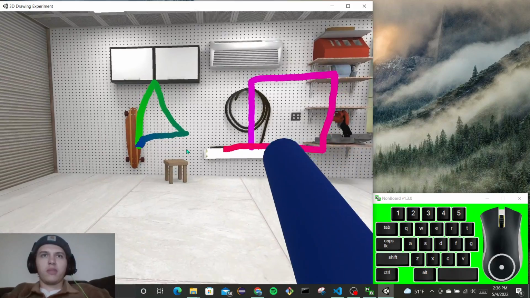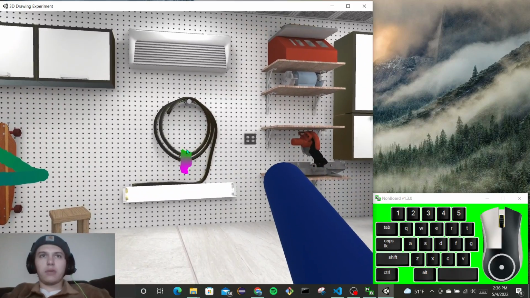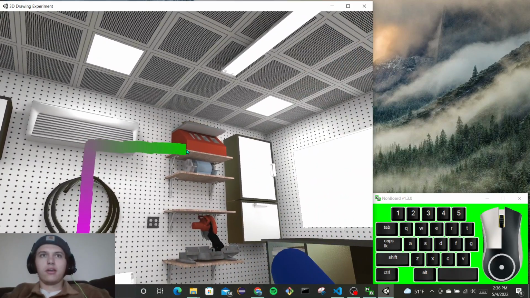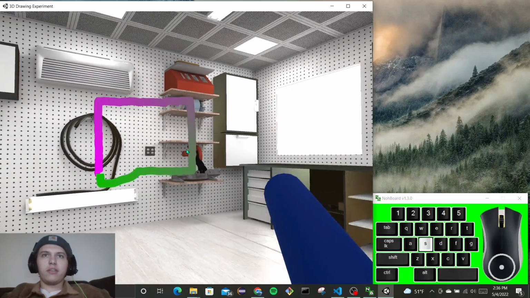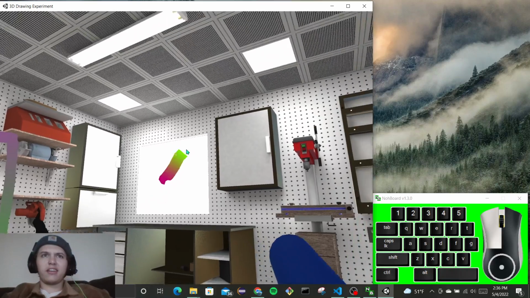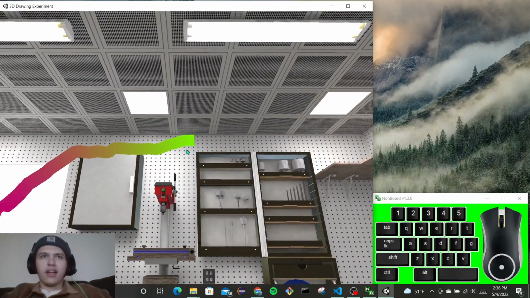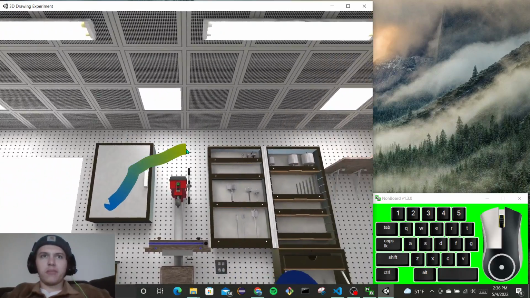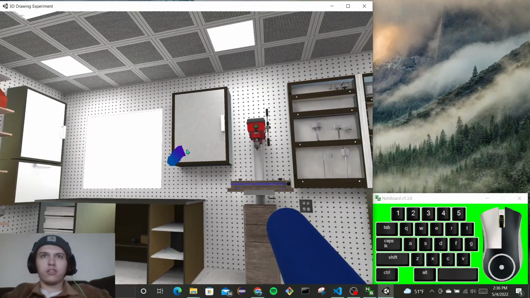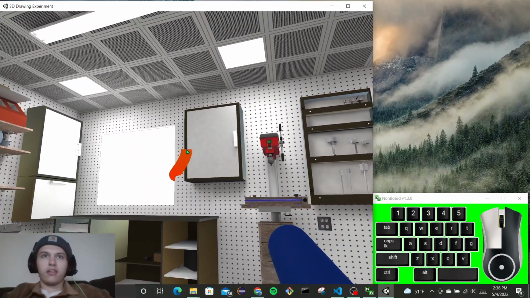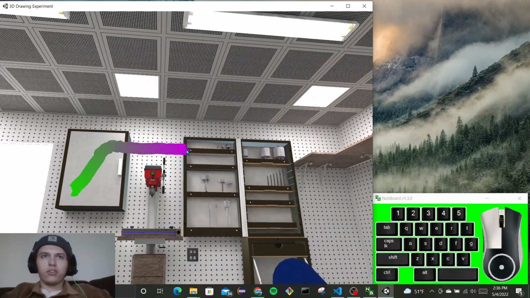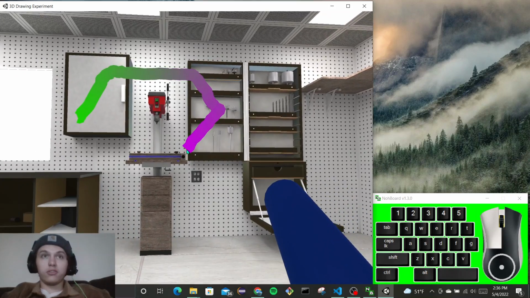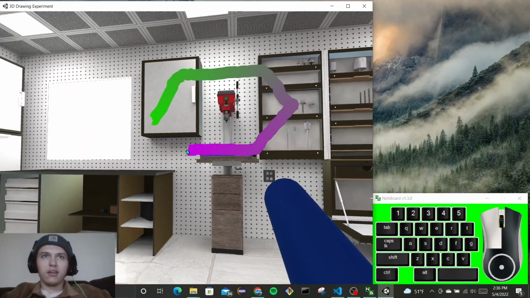For this experiment, we actually did get significant results by all of our participants. And what was really cool to see is that the drawing was by far the best with the mouse. I think that makes sense because it's an easier way to spatially map yourself with a 2D plane into a 3D environment. Whereas with the joystick and trackball, when you're doing curved lines or trying to do straight lines, I guess for the gamepad,